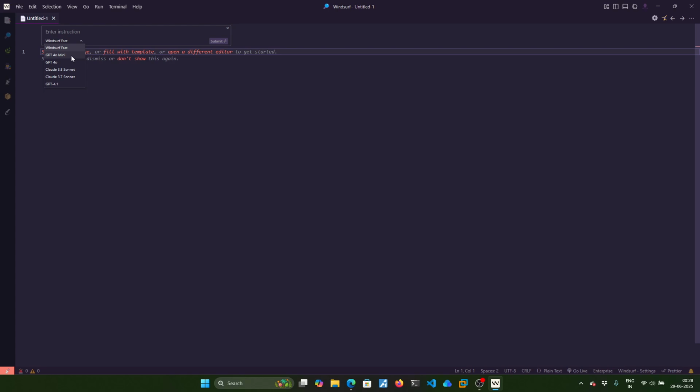Since I have an enterprise plan active right now, the suggestions will be probably a little snappier than what you would see in the free plan. But the models that you are seeing would probably remain the same. They don't have restrictions on using any of the models if you are using the free plan. The only thing is that the free plan is probably a little slower. So let's try to